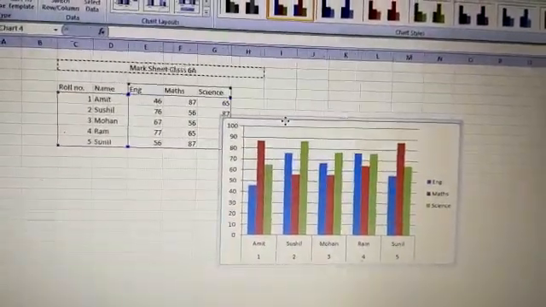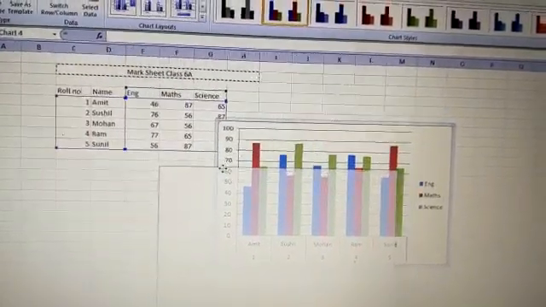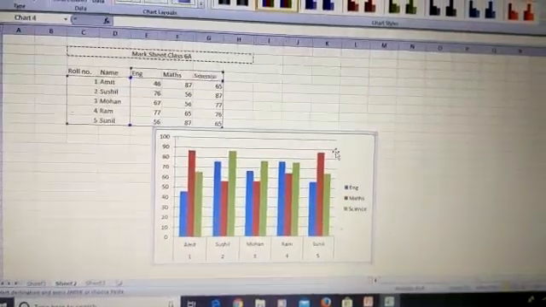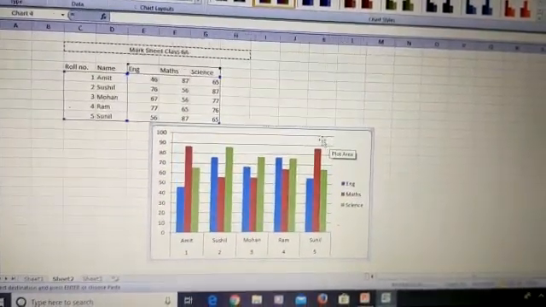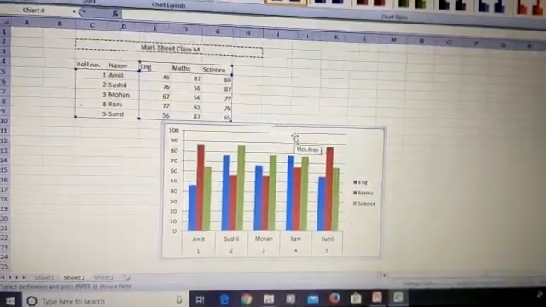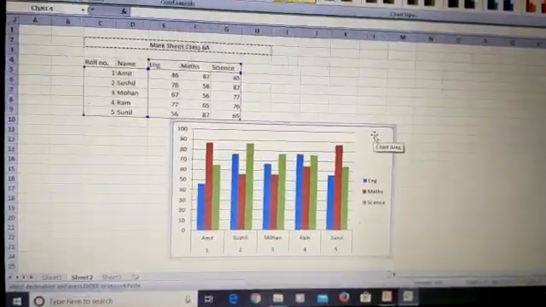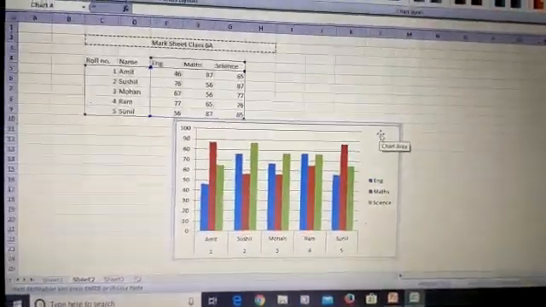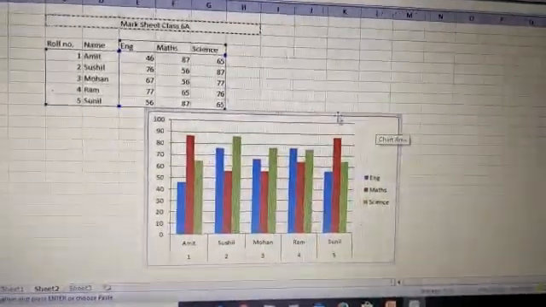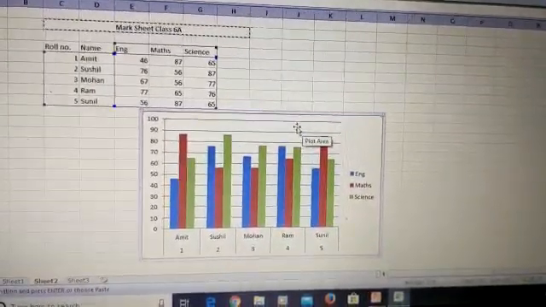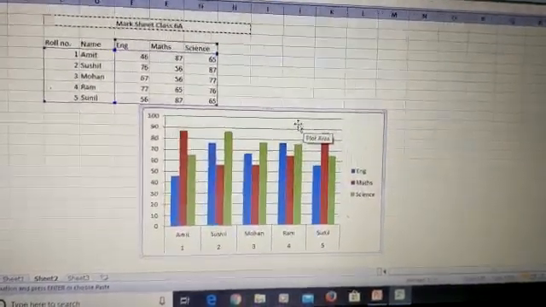Now we need to see the components of the chart. These lines which you can see are the grid lines. This white part, like a board, is the chart area. This is the plot area where the chart has been plotted.